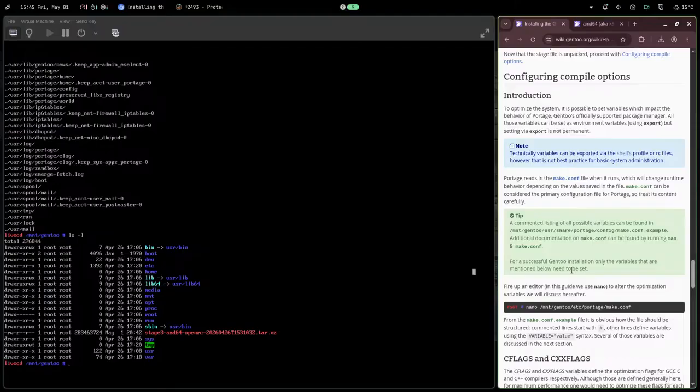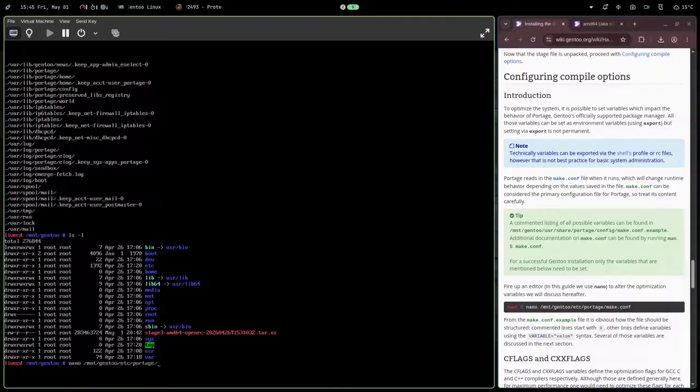Now we're going to start setting this system up, and here's where we dive into one of the biggest ways you will configure and customize your Gentoo system. So on Gentoo, the package manager is called Portage. Portage, again, downloads source code and compiles it for you. And you want to be able to customize that, right? So what you want to do is edit, what is this? Etc or mount Gentoo etc portage